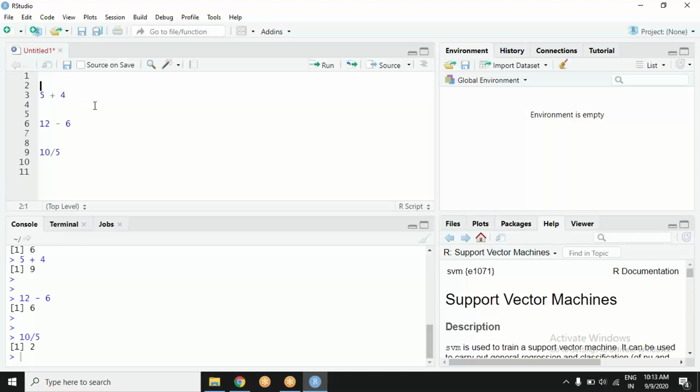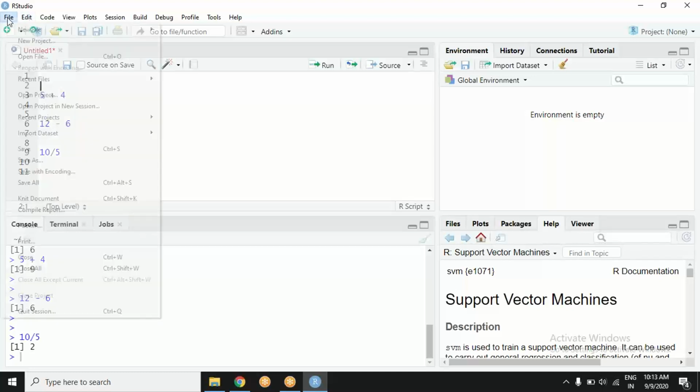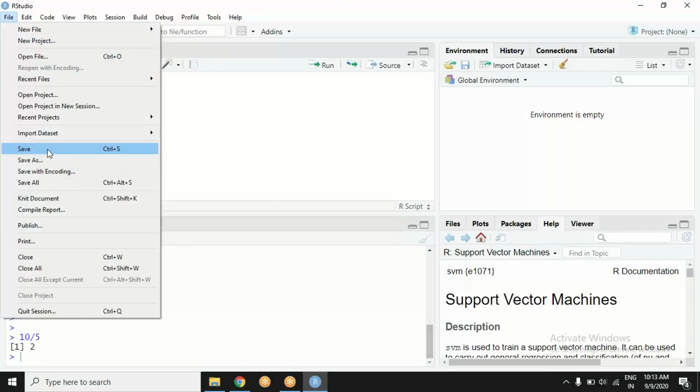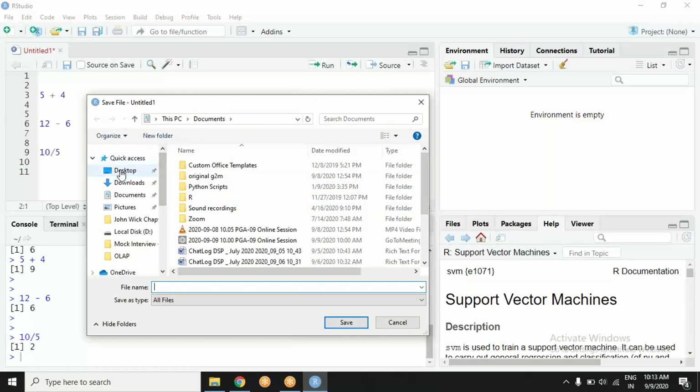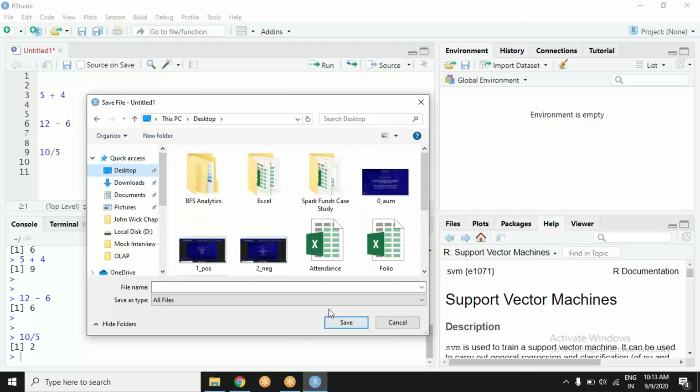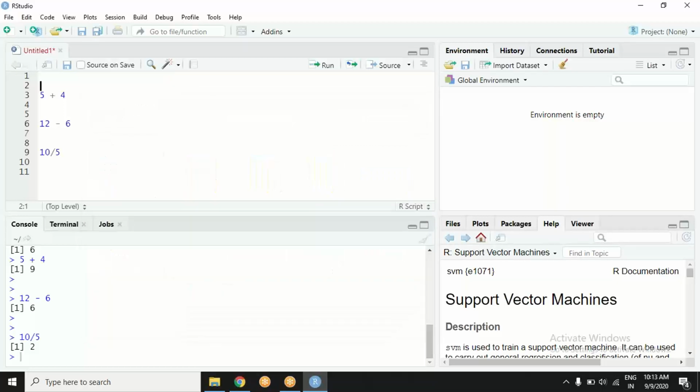Yes, saving the file. You can choose it from the file menu if there is an option to save, or you can directly press control S, and it will pop up where you want to save your file. I am saying desktop. Okay, let's save. I'm calling it my code one and saving.